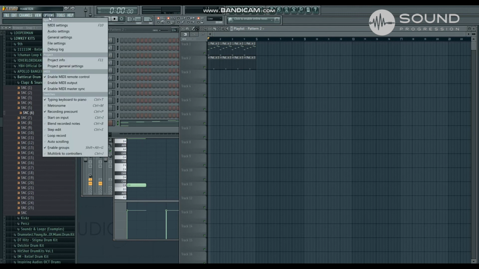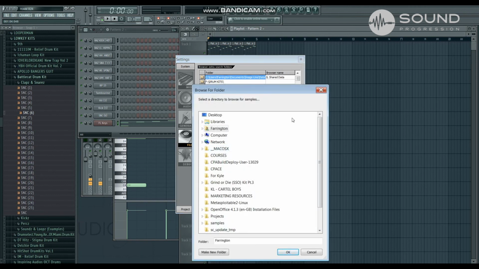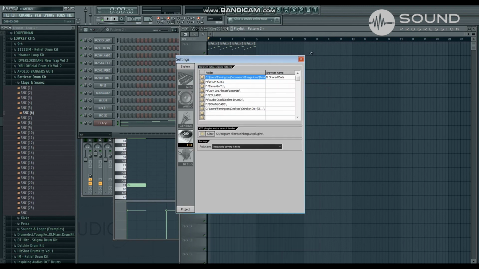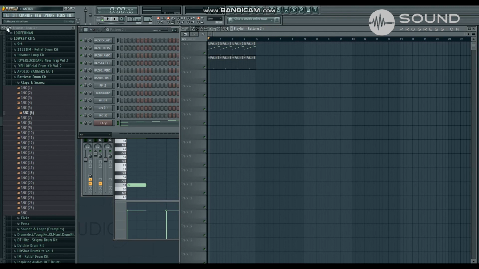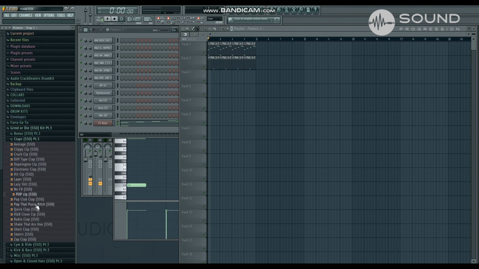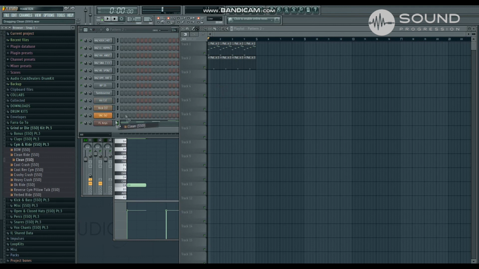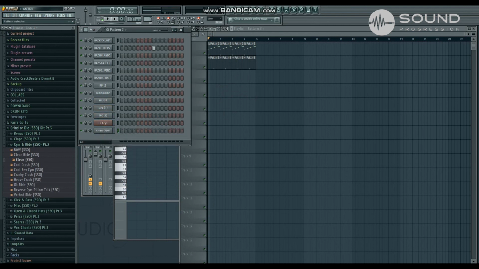So what you can do is just click Options on the top, go to File Settings, and you have Browse Extra Search Folders here, right? So what I'll do is click on one of these folder icons, and yeah, I've got this Grinder drum kit here. I can just click on that and click OK, and this kit now will appear in green here, you see. So that's the kit now, and then you see there's all sounds in there, and I can drag and drop them into the project, put that there, maybe make a pattern and just play it once like that,